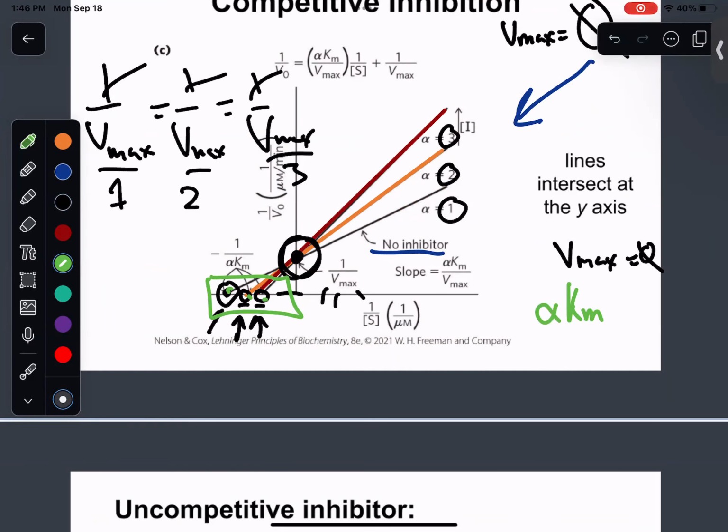Does that make sense, that part? These are changed before we get into the actual numbers. Vmax did not change. Alpha Km, apparent Km did change. And just from that information, we can tell this is a competitive inhibitor. It seems a bit much at first, I know, but it really becomes a matter of, okay, did Vmax change? Did Km change? Depending on the answer to those two questions, you can usually answer what kind of inhibitor you're looking at.